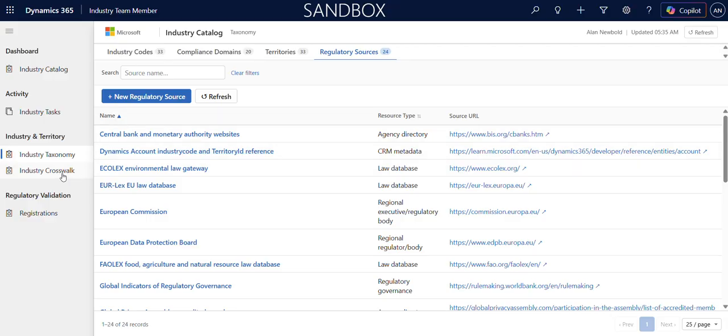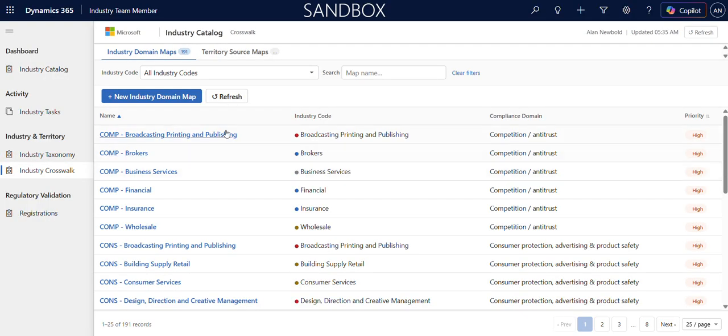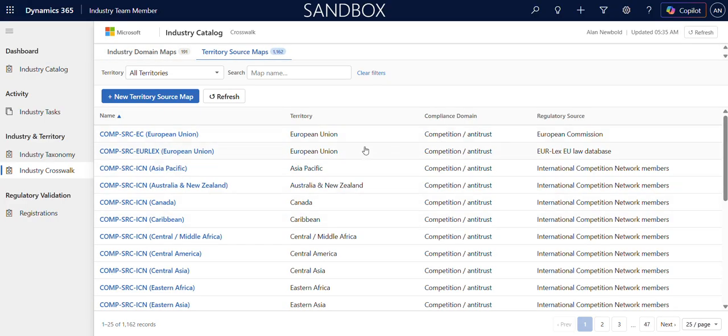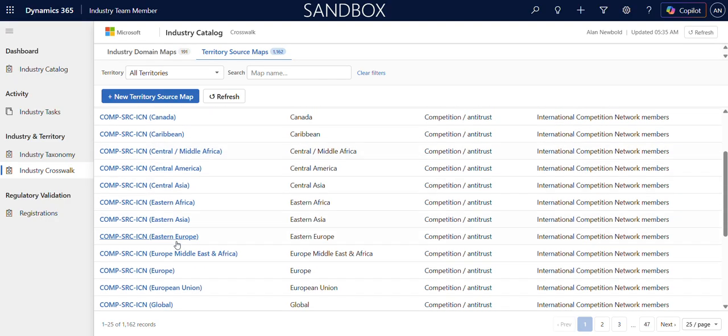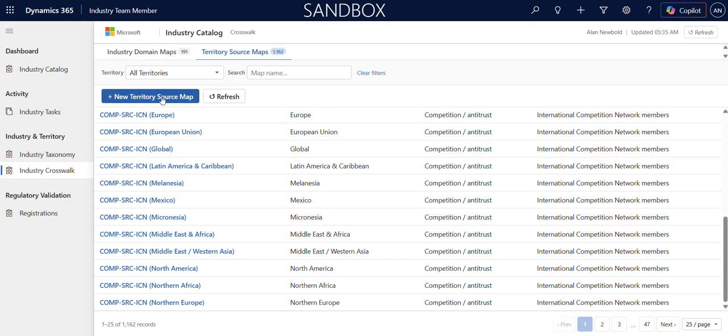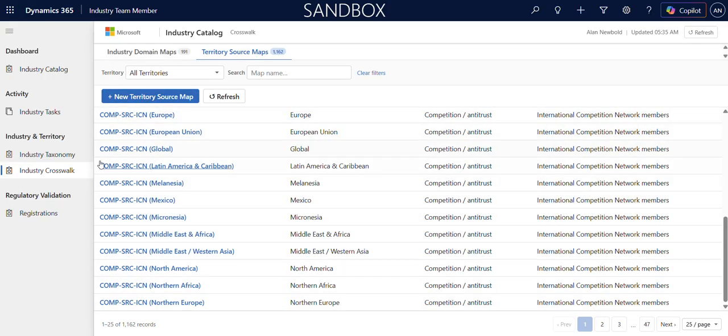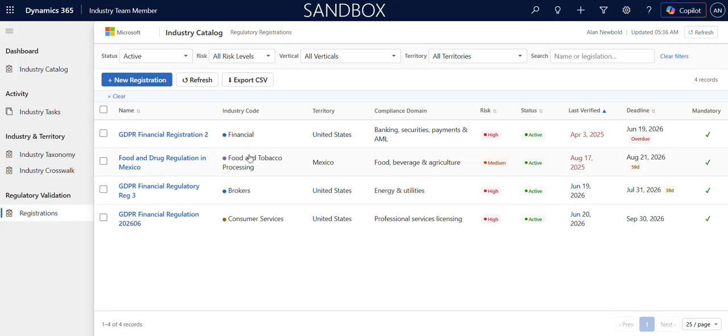catalog. The crosswalk is also important, right? Because this is where the industries are mapped to the compliance domains. Also for the territories, these are different. This is how compliance domains are mapped to different territories. So there can be different entries that can be entered, right? From the industry leads, they can do further engage different territory mappings, thus being able to enable the industry team to collaborate